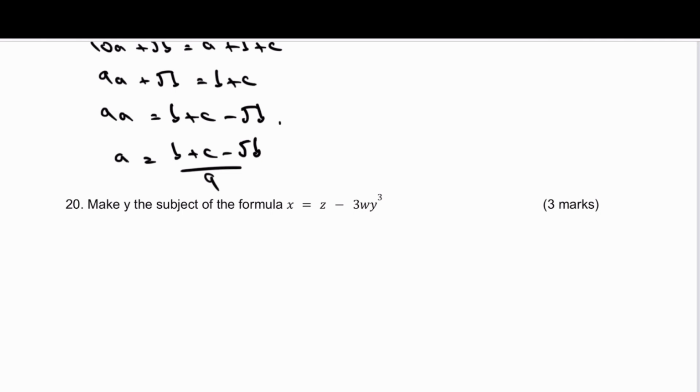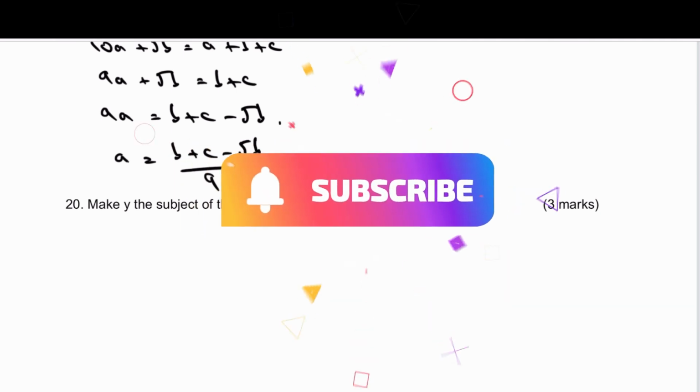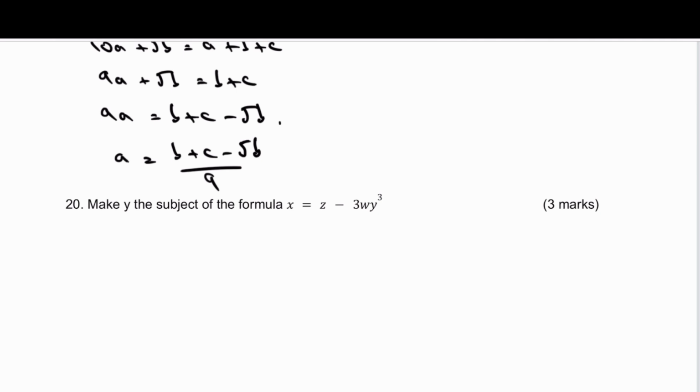Well, I'm going to do exactly the same as I've done before. The problem I've got is I've got minus 3wy cubed. Now I don't want minus, I want that as a positive, so I'm actually going to move it over to the left hand side. I'm going to write that as 3wy cubed plus x equals z. So if I minus x from both sides, I get 3wy cubed equals z minus x. Divide through by 3w, I get